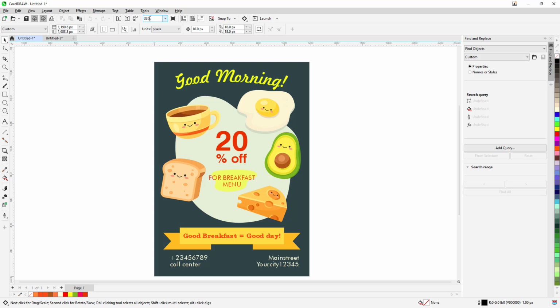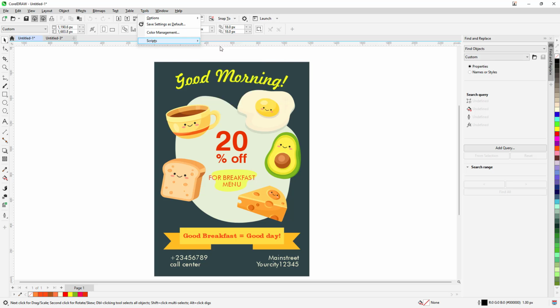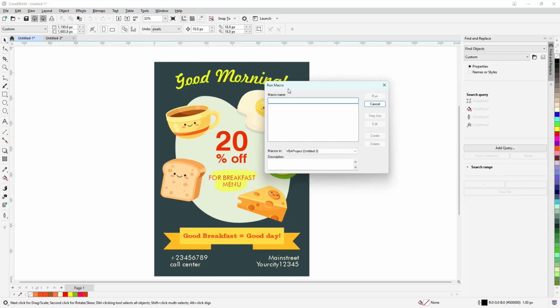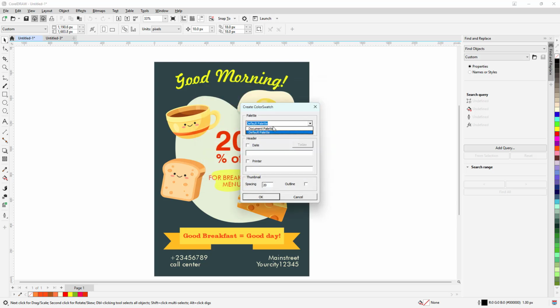In that case, what you can do is you can go around onto tools, and then you can go around over here onto script, and then simply choose run script right here. So once you go ahead and do that, this is what you have. And now you can go ahead and select, let's say for example, color chart creator right here. So once you go ahead and select that, and then click on run right here, you can go ahead and